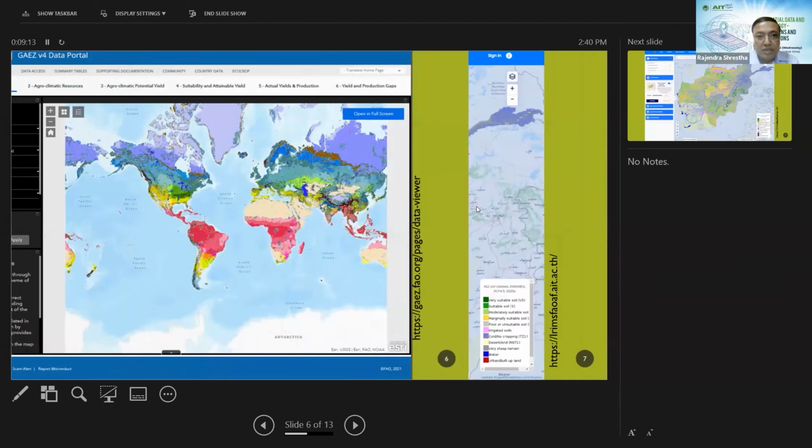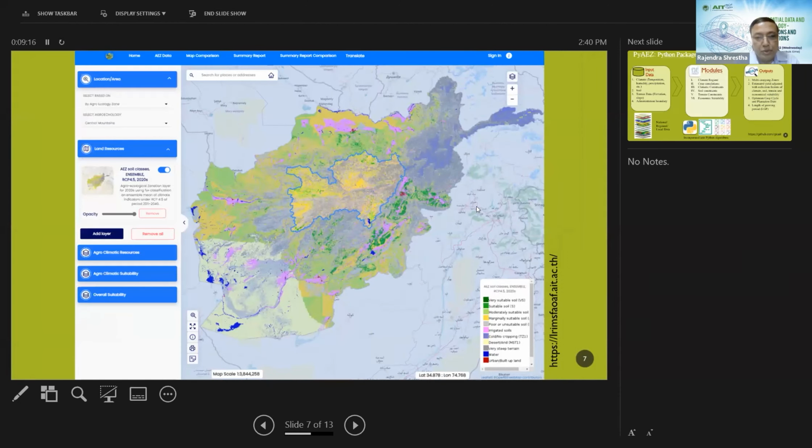Now, that is not the only story. The story is that we should be able to make use of such methodology at the country level so that we have better tools and better data for decision making. This is an example, again in partnership with FAO, where we have recently completed the Land Resource Information Management System.